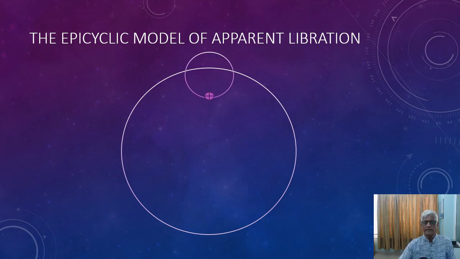So if you now take the equinoctial point and its epicycle and the larger ecliptic here, you can see that while the circle is passing through the larger circle, the equinoctial point seems to be oscillating. If you watch it, you will find that as it goes towards the west, first the equinoctial point looks as if it is going to the west, and then it is going towards the east, and then it is again going back towards the west.